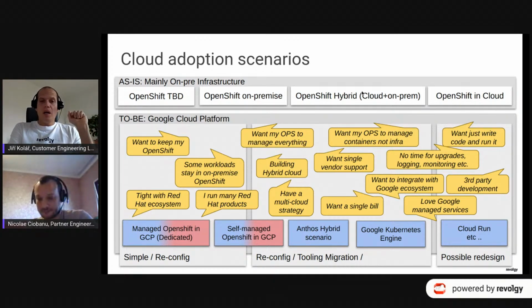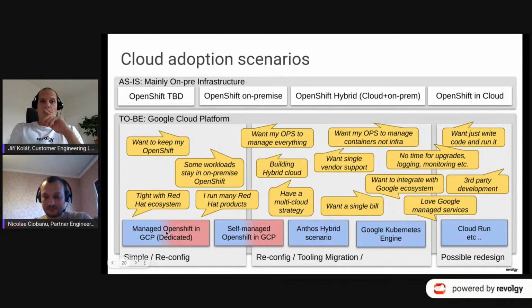Or maybe you run already a hybrid solution, so you have some stuff in whatever cloud, and you maybe run OpenShift on premise as well and integrate these together. Or another option, which is also viable here, you are already running OpenShift in Google or any other cloud, right? So this is as-is. That's where you are, right? These are the starting point, right? And now about the to-be, right? And this should include all the options that Niku discussed, but also OpenShift, right?